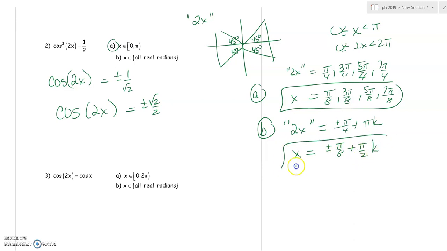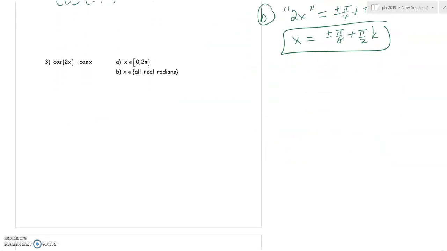Okay, so those were the first two problems, and I will have a second part of the video for the rest of the notes. Or actually, you know what? Maybe let's just do one more. We can do one more. So here's number 3. For number 3, you could use a trig identity. Now it's up to you which one you want to pick. I would probably choose cos 2x is 2 cos squared of x minus 1,